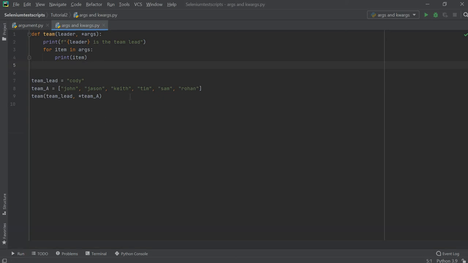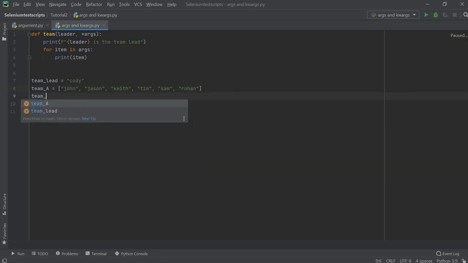One more thing we can do is, if I want to access a dictionary. We have already studied the keyword arguments, so let's discuss that part also. If we have a dictionary, let's say I give it a name, team role, and the dictionary is defined inside the curly brackets. Let's say I'm going to define their roles.